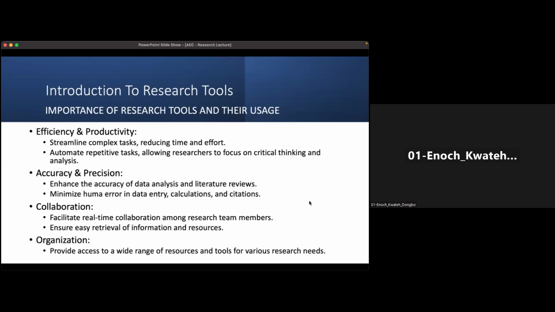Writing research is not something easy. If you don't have the rightful tools when you are writing research work, you will take years to complete maybe a paper, or a thesis, or just some kind of survey. But if you use the rightful tools at a particular time, I believe you will be able to speed up